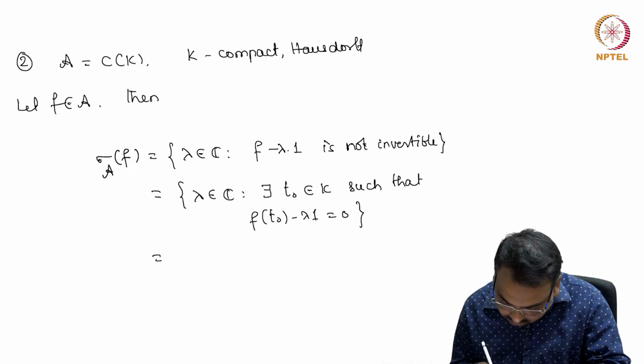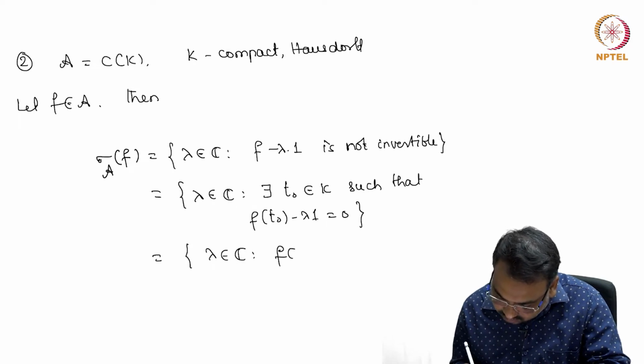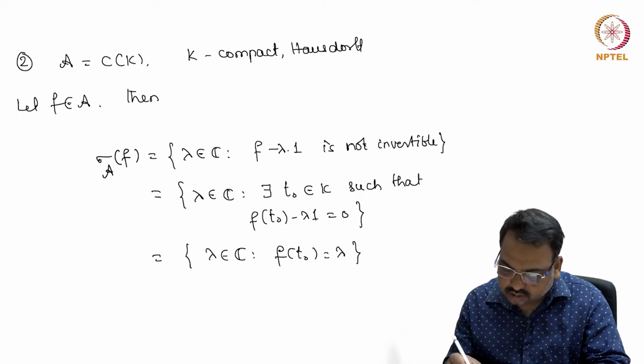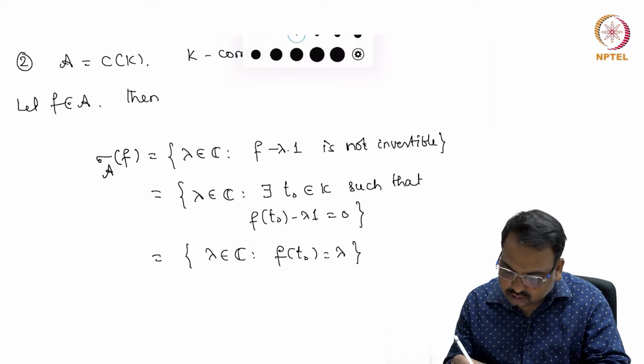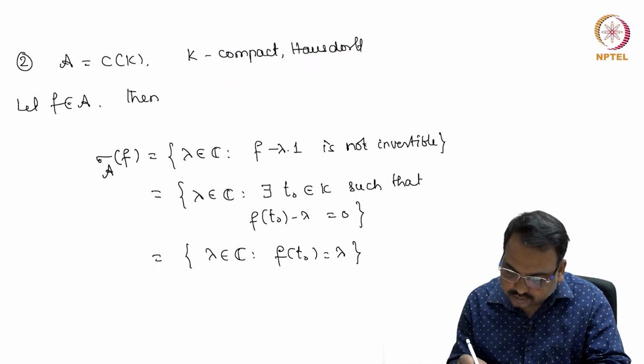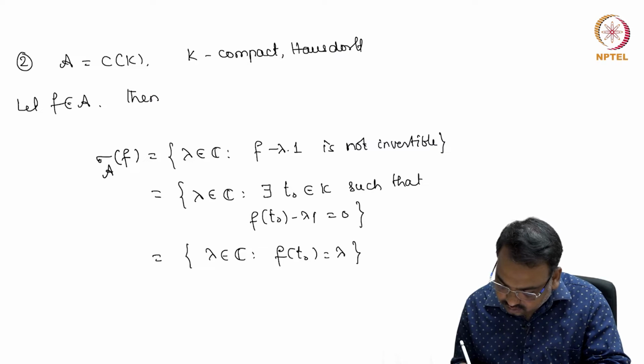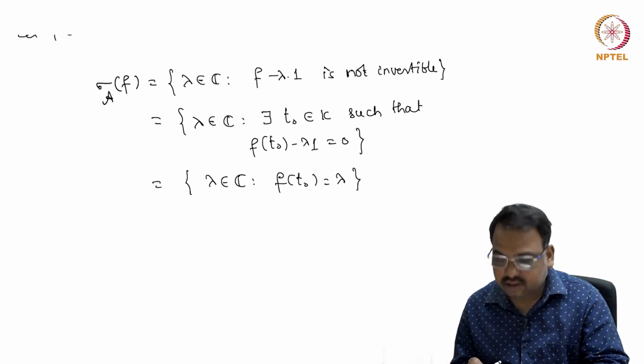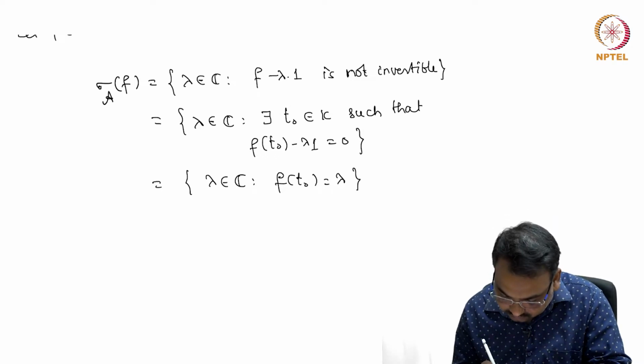So this is nothing but the set of all lambda in C such that f of t naught is lambda. Here this is 1, the constant. That means lambda is in the range of f. So this is exactly